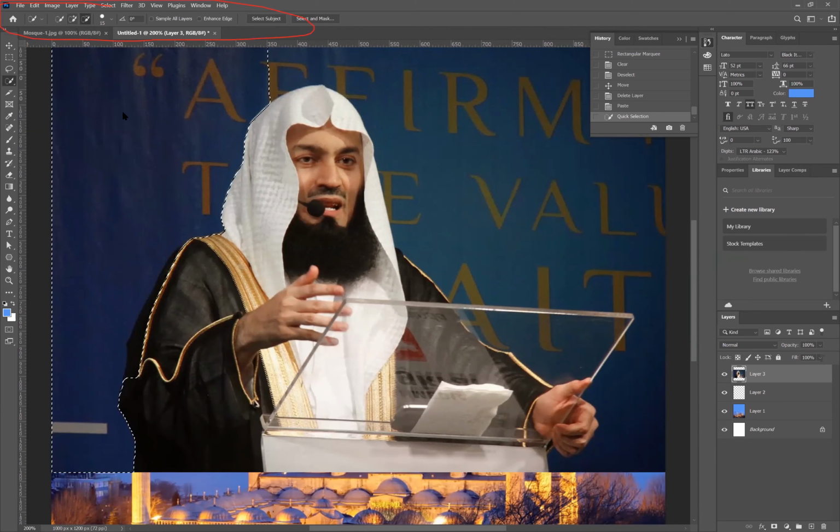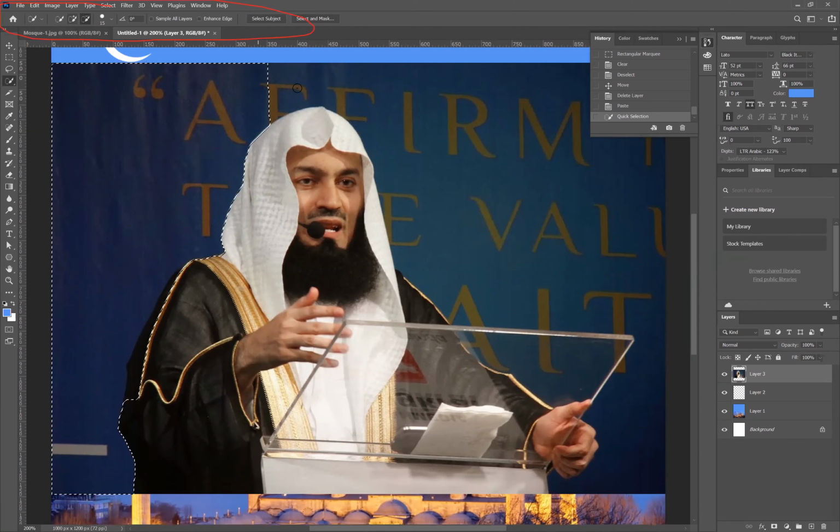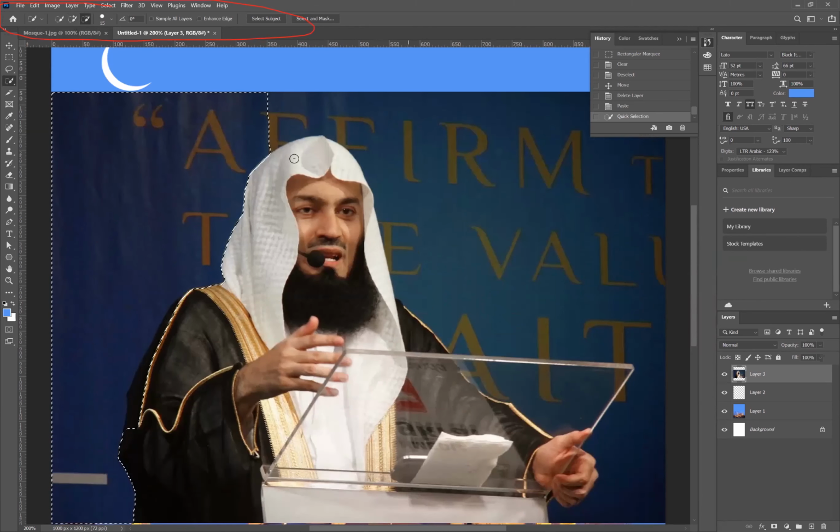Plus means whenever you do a selection, it will keep adding to your selection. If I click the plus sign and move the mouse pointer, I am continuing with the selection process. If you want to delete some selection, you select the minus sign, bring it here and remove the unwanted selection.